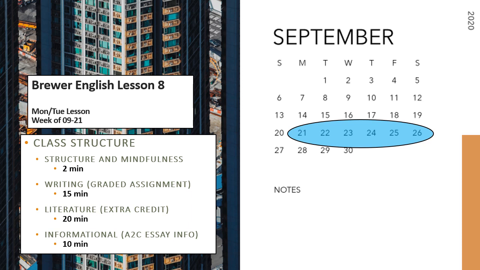And then we're also going to look at how the A2C essay number 1 is going to be broken down into a couple different assignments as we go through October and head on our way to Halloween. I know Halloween might feel a little bit of ways off, it's about a month off, but we're going to start talking about that first essay now. And we're going to try and break it down into small chunks so it's not a big assignment.